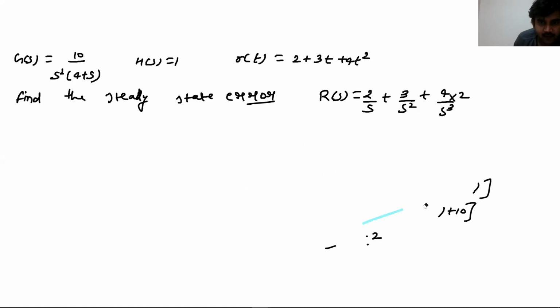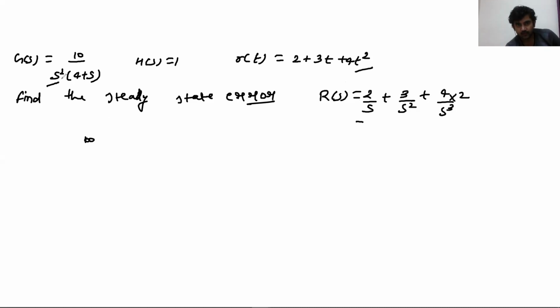So for that we will learn a small trick. For steady state error, for a simple input like this, if we calculate the error for step input, we will have to find the highest power of t. So the highest power of t is 2, and your poles here are also 2. So these two will give 0 steady state error.